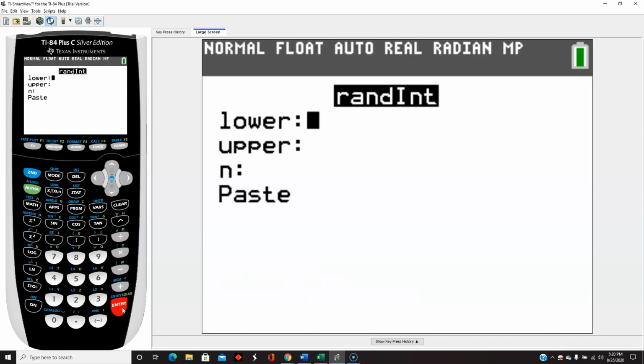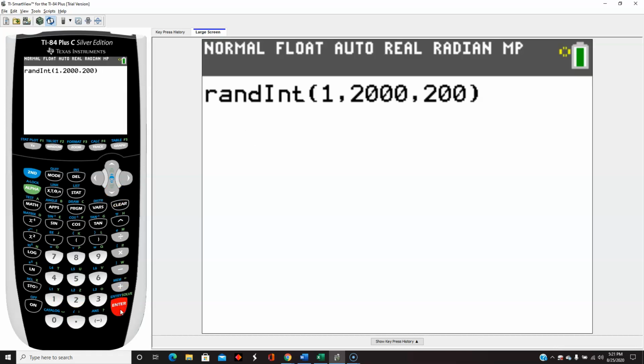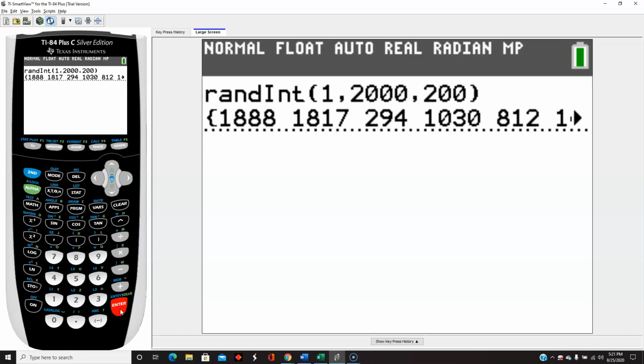I can use my calculator to choose some random numbers. Let's just say that we've already assigned these students random numbers from 1 to 2000. This little function on my calculator will pick 200 numbers at random from 1 to 2000. So student number 1888 is part of my sample, and student number 1817 is part of my sample, and so on. Another way this could be done